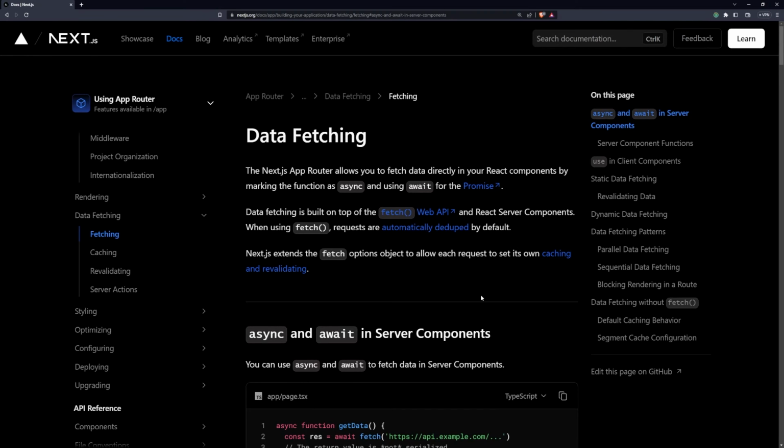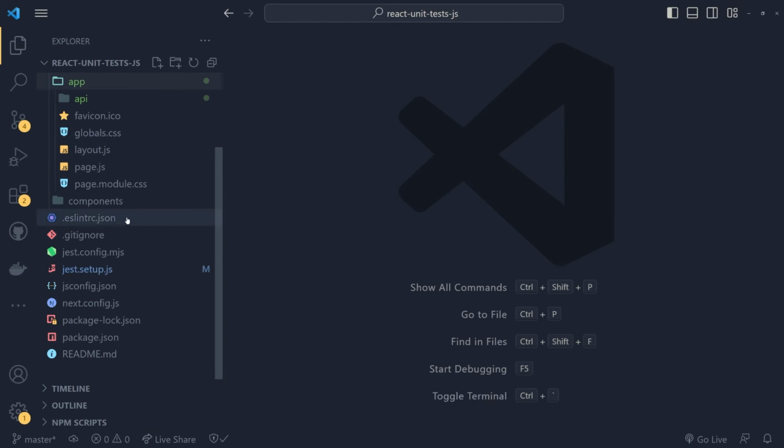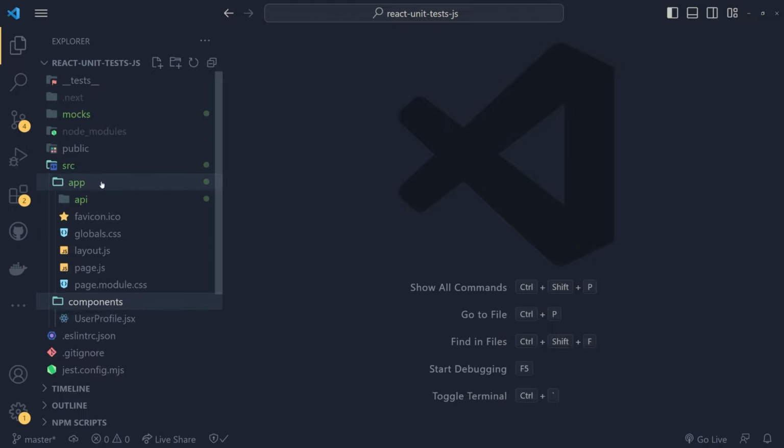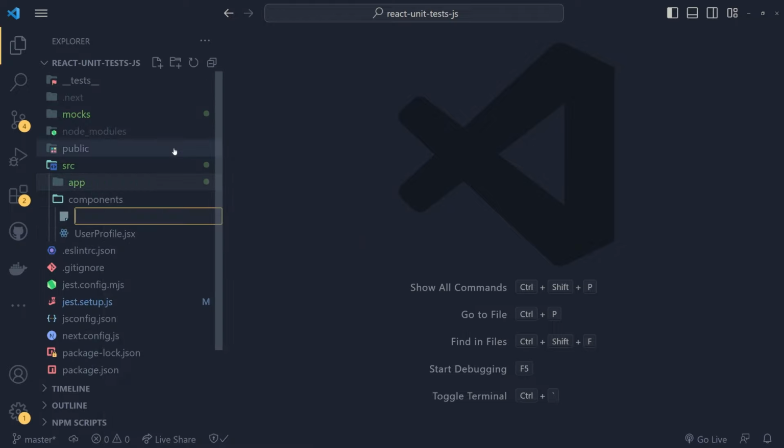Now what we will do is some data fetching in our application, but we will be doing data fetching on the client side. We will use a useEffect hook, and inside that callback function in the useEffect hook, we will use the fetch API to fetch data from our API, and then we will update some state. So let's go into our project, and I'll create a new component called